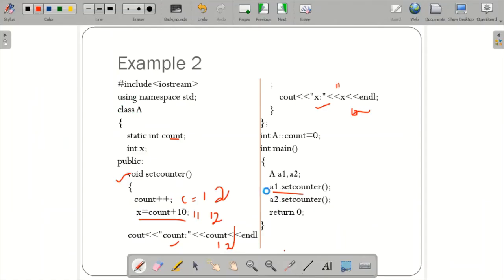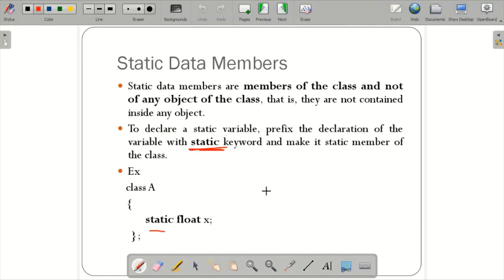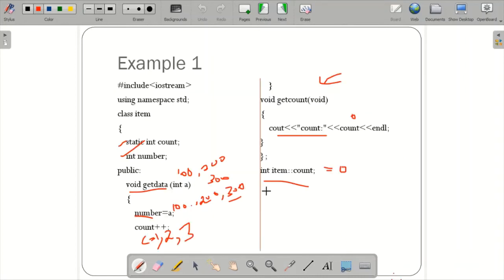So this is regarding the static data member. You need to remember a few things about how you are going to declare the static data member. As I told you, you are declaring it within the class. Since a class doesn't have any memory allocation, for a static data member I need to give memory. For that the syntax is this. You can use equal to 0 if you initialize it, or else just declare the variable, or you can give your own prescribed value if you want.